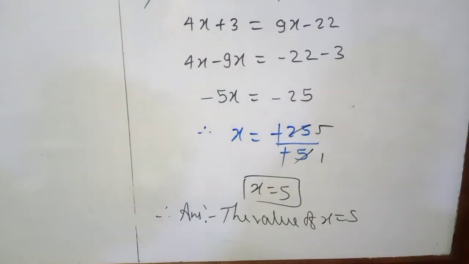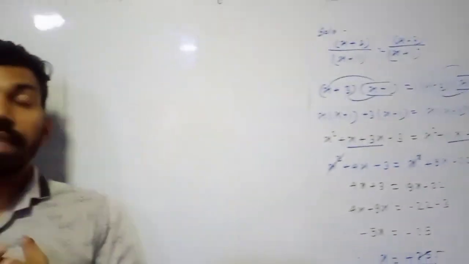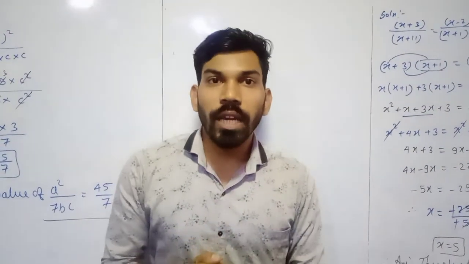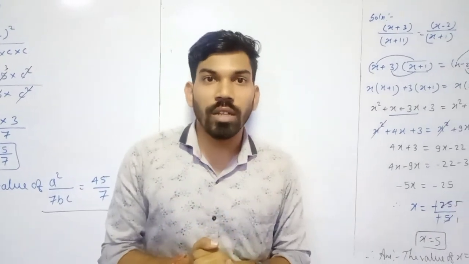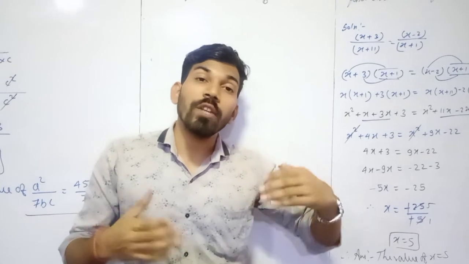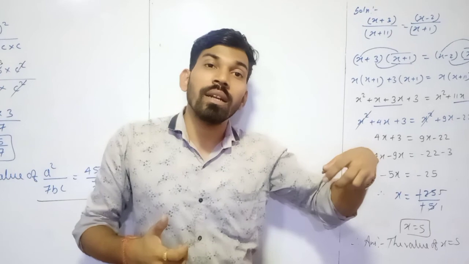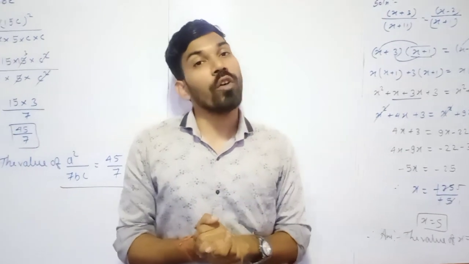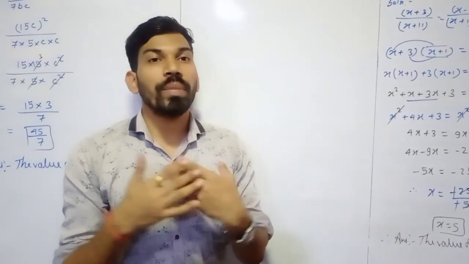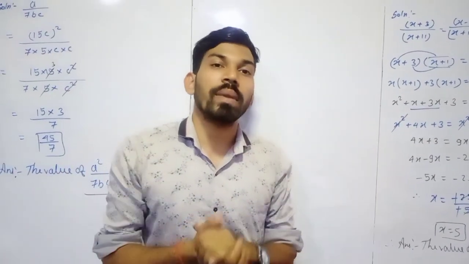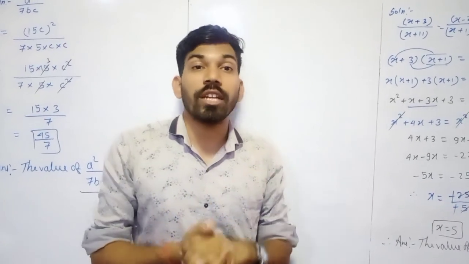This way we have to conclude our answers. So in today's video we learned, if we have the ratio like a is to b given, c is to d given, then by applying that we can find out the value of a as well as b, and implementation of that will help us to find out the value of the given sums. And the same thing if we have brackets, the ratio of the brackets is given, how we are going to do the cross multiplication of the brackets and find out the answers.